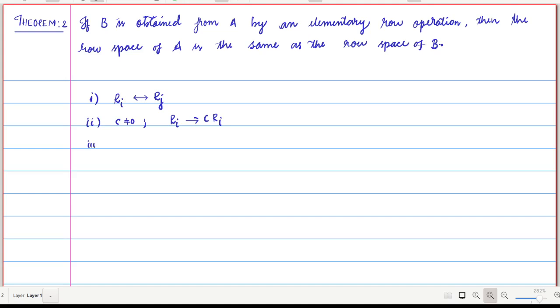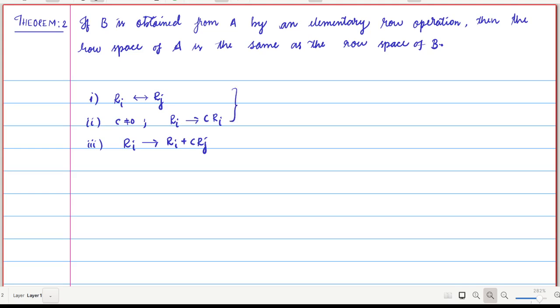And the third row operation is the changing of a row Ri to Ri plus some c times Rj. Here we never assume that c is not equal to 0, because if c equals 0, you get Ri changed to Ri itself, so that will never change the matrix itself. So for these two